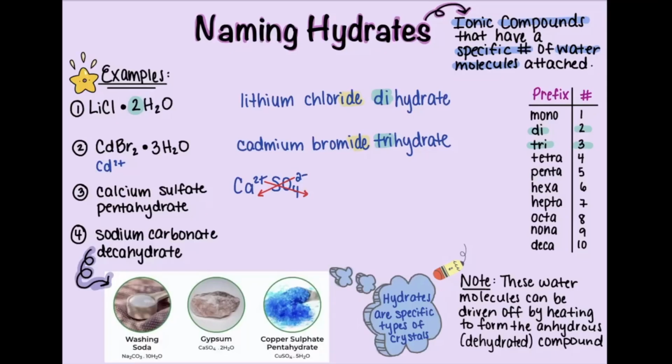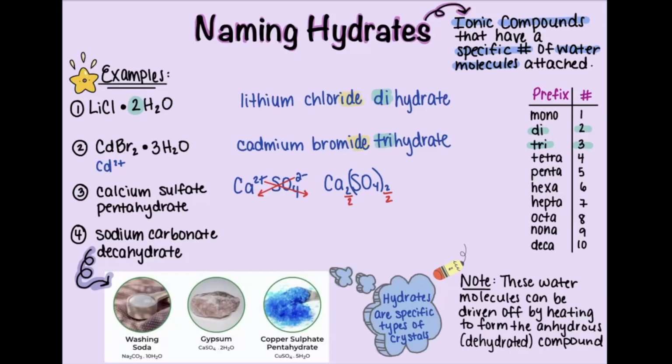So the +2 and the -2 will cross over. But since they're both a 2, we're going to divide by their greatest common factor, which is 2. And this rule, by the way, applies if you have a 2 and a 2, or a 2 and a 4, a 2 and a 6. So anytime you have an even number. If you have 2 odd numbers, it will not work. So just as a little tip for you guys. But anyway, so